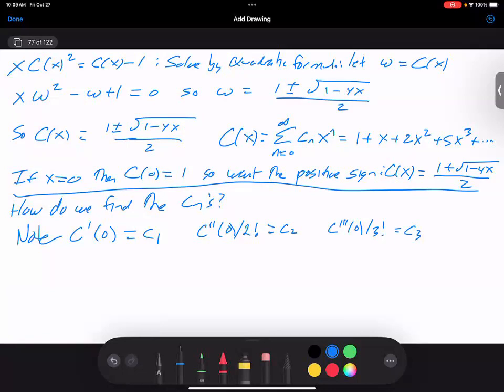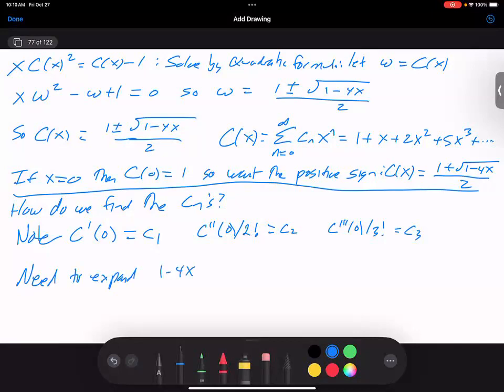Is anybody looking forward to taking the derivative of this function? Why not? Well, what's so bad about this function for taking derivatives? Yeah, we have the square root, right? So, the question is, are there tricks we could play to try to get the derivative of the square root? We need, yes, we need to expand